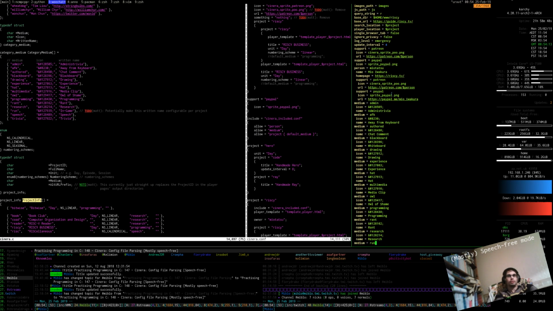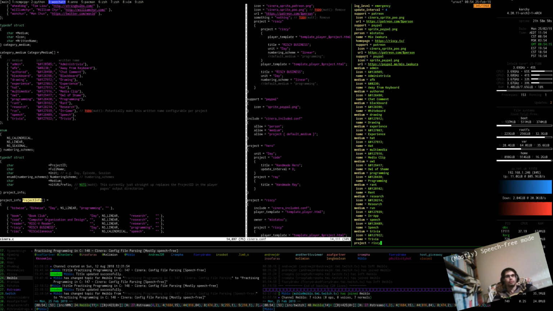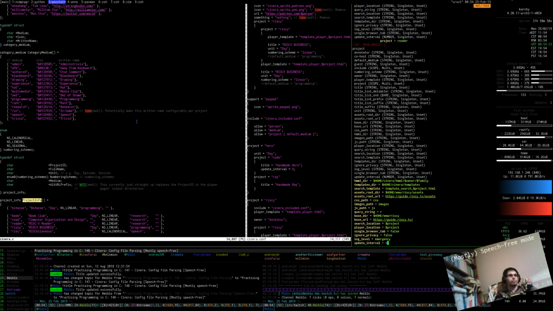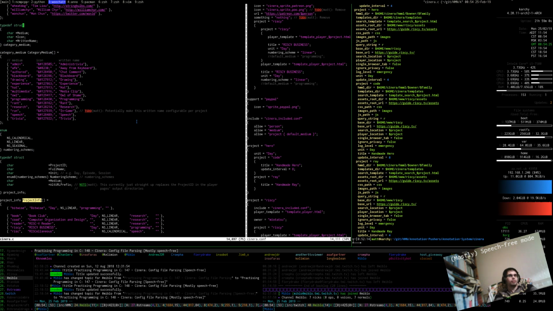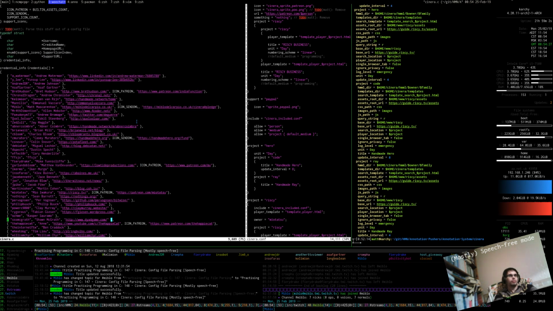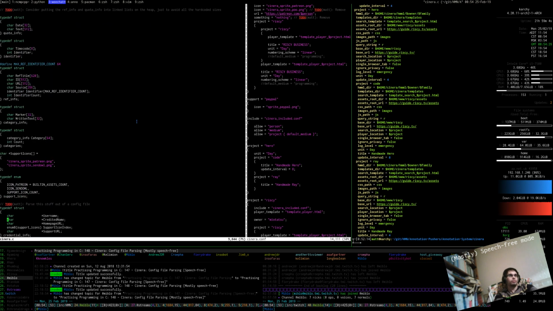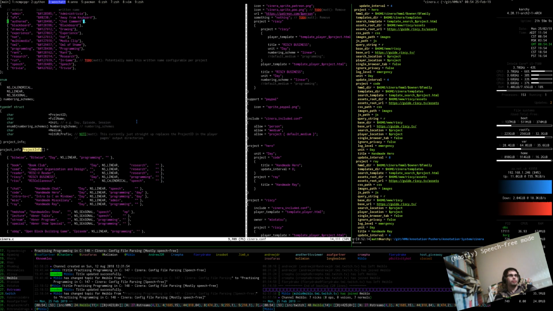All these guys, right? So we're going to be moving Cinera from using these static arrays to using the passed in stuff. Similar with the credentials. Support icons as well. And then once we've got that,